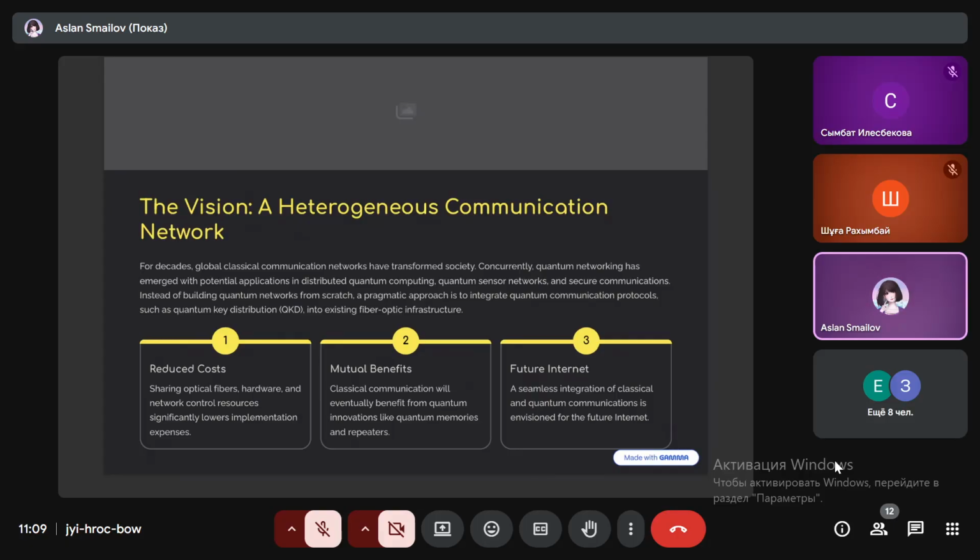And the main advantage of this quantum key distribution is that hackers never will get your information, because, as I said before, quantum key distribution works with qubits, and the qubits are